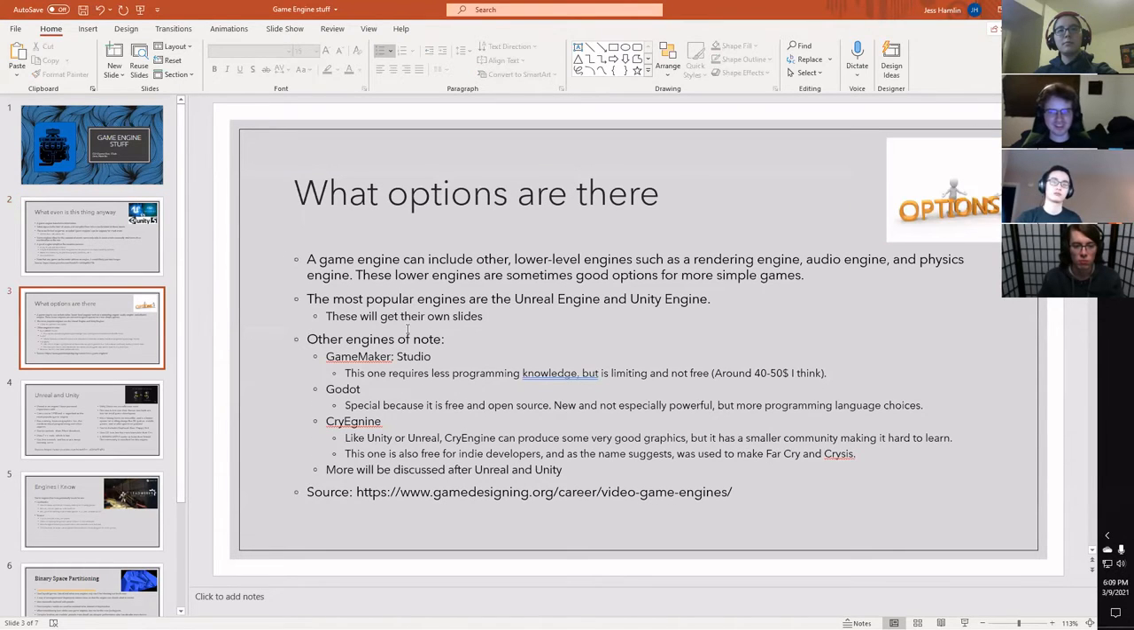So what options are out there? Game engine can include other lower level engines. Most of them have a rendering engine, an audio engine, and a physics engine. The physics engine is probably my favorite. It creates things like ragdolls and things. And lower engines are sometimes good options for more simpler games. For instance, the